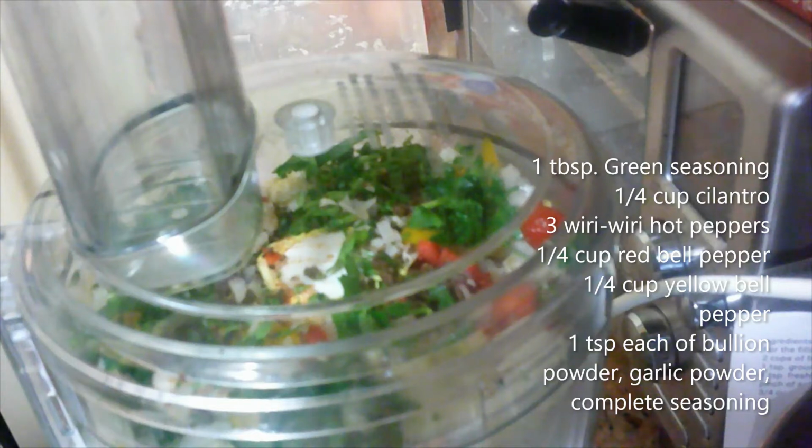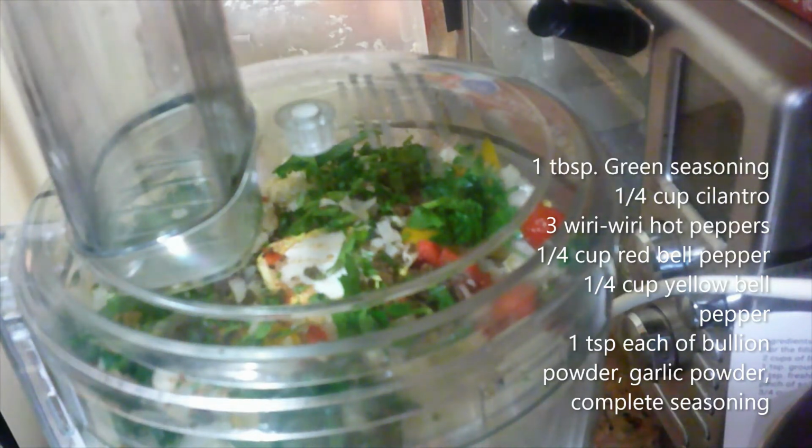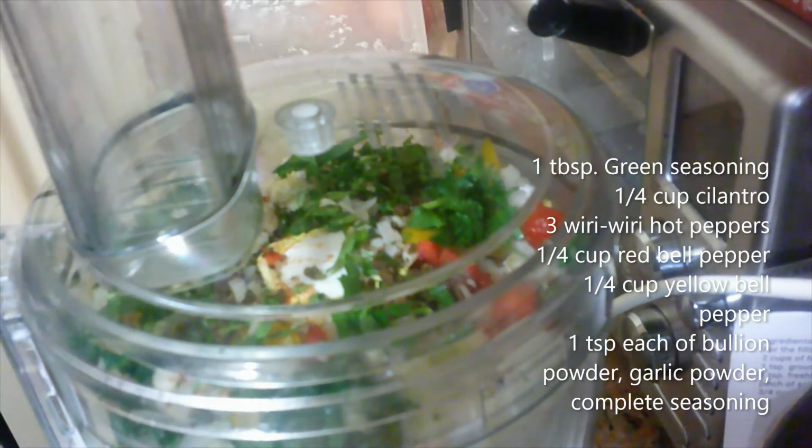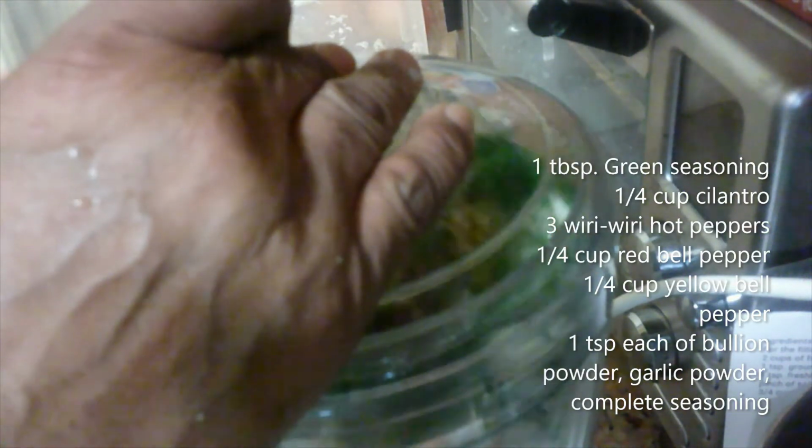There you go. And if you think it needs water, because what I did, I saved some of the water that the cassava and the potato was boiling in. I saved some of that. If I do need some to lighten this up a little, I can use that water. Okay, so